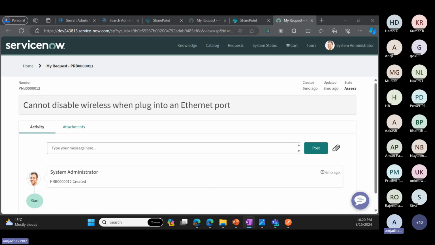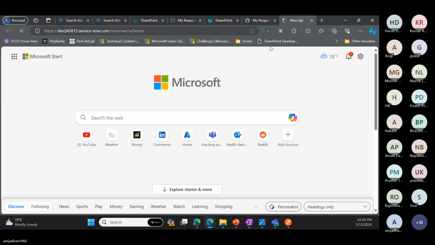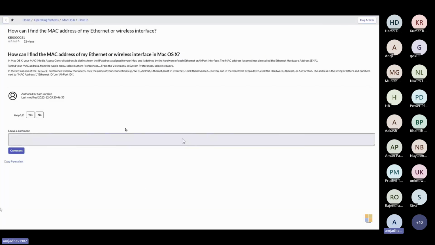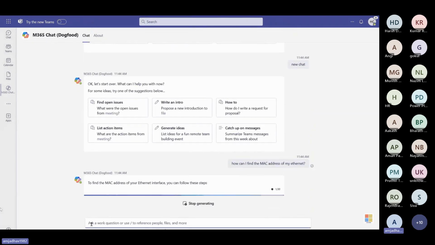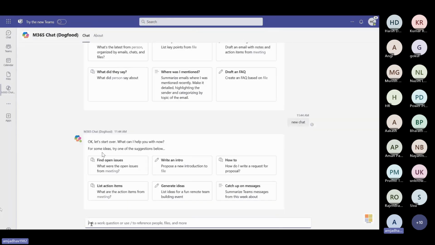So if I go to my ServiceNow page, I'll get the same information in my ServiceNow. So from my Copilot, I can directly click on that information, click on here and then go to that page, find my MAC address. Okay, I'm showing you this using a GIF because that information is currently not indexed in my prod